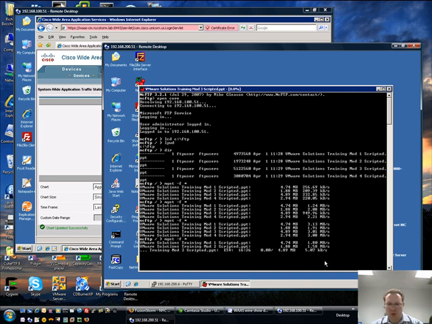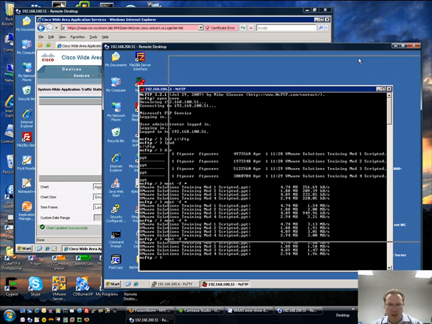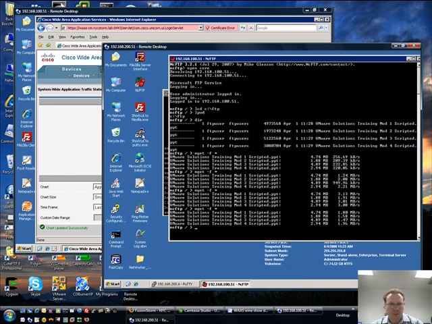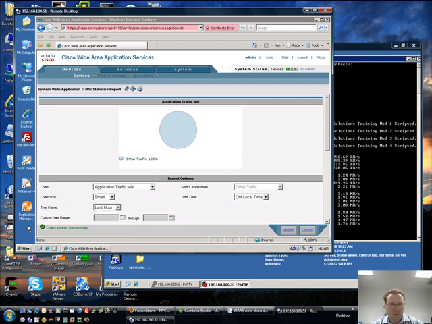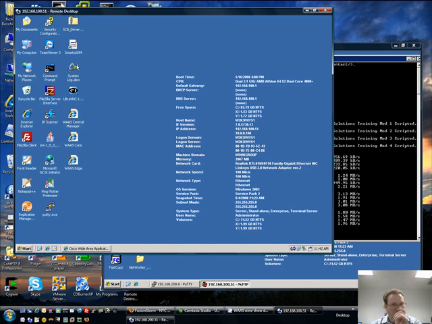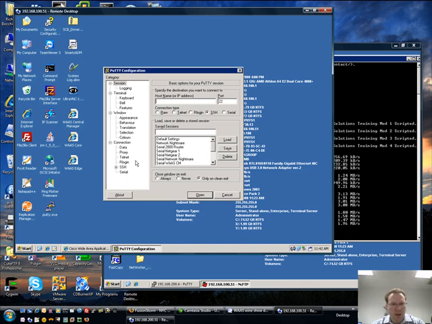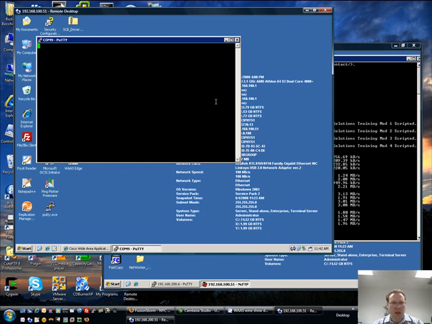Definitely seeing a huge impact once the data becomes cached. So what I'm going to do is go back to the network nightmare. Just update this, see if we picked up any of the traffic. Not yet. And we're going to log into the network nightmare, and we will increase the latency